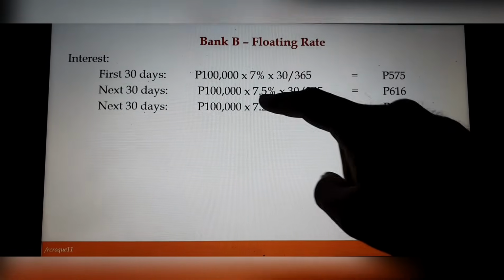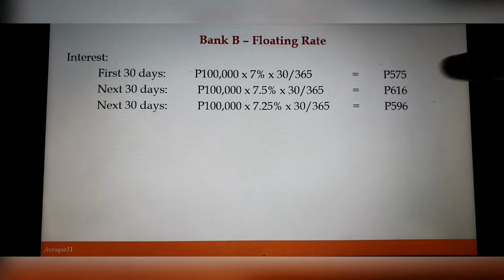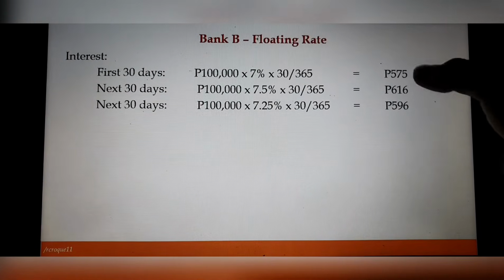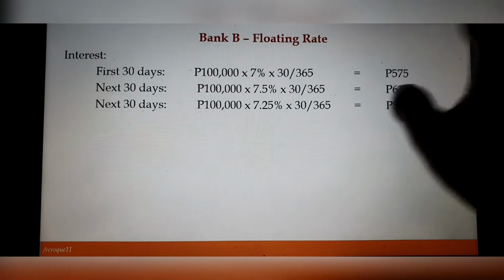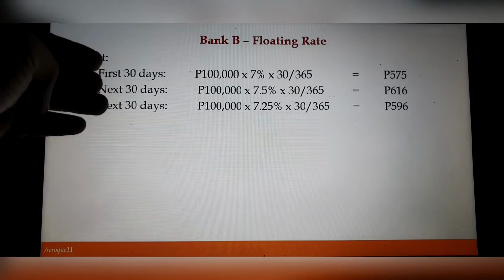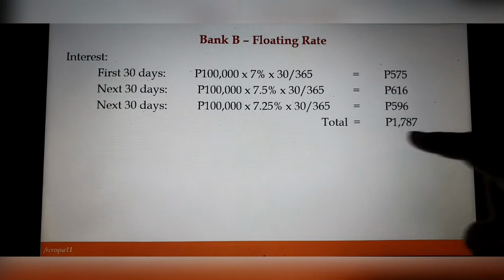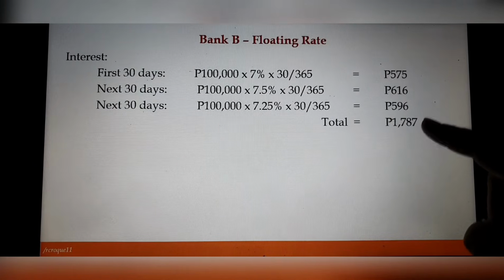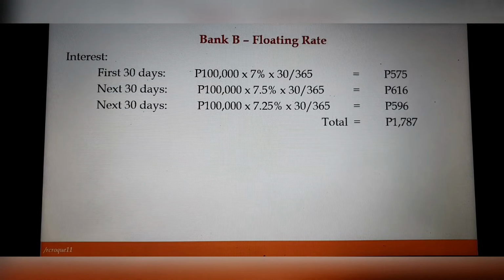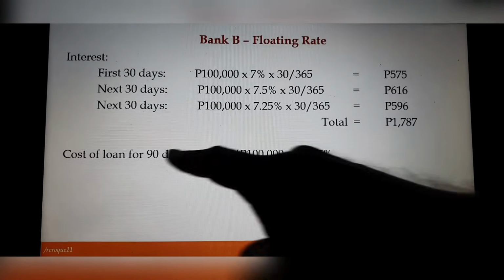So, 100 times 7.5 kasi nag-fluctuate. Tapos, ito naman naging 7.25. So, meaning, we have to get the total interest based on the different rates that we have for each of the 30 days. Okay? So, the total interest for 90 days ay 1,787. So, how do we compute for the cost of our loan for 90 days? So, 1,787, i-divide lang natin ng 100,000. That is for 90 days,